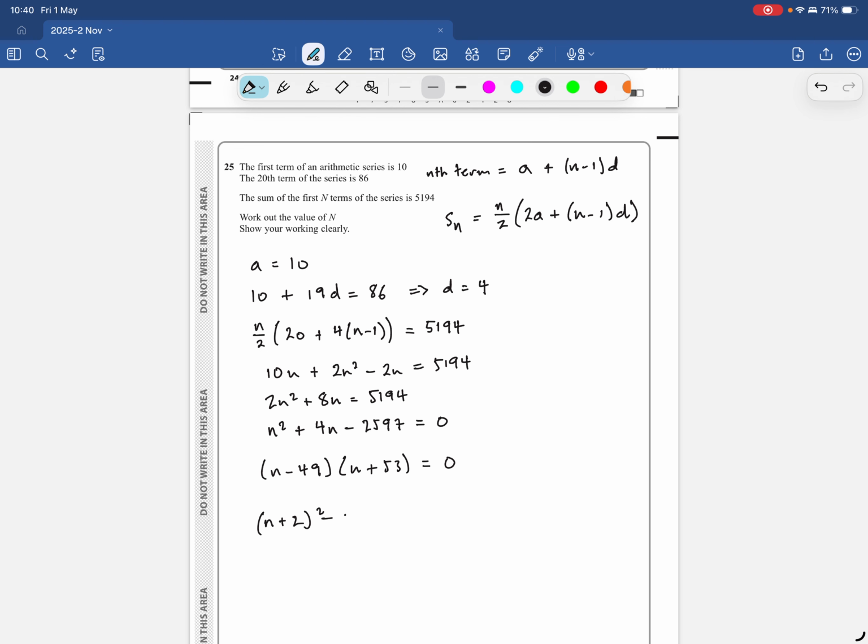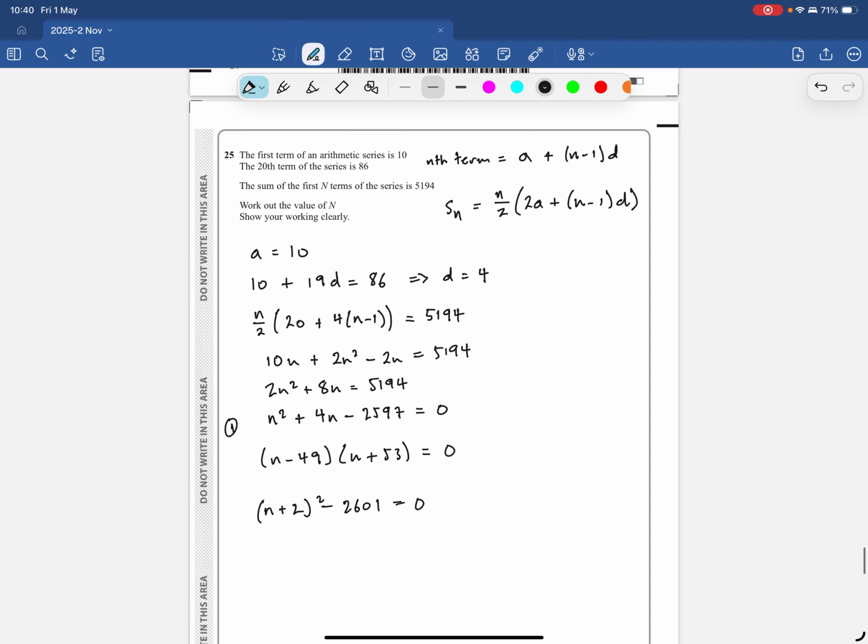No, 2601. 2601 equals 0. Either one of these, 1, 2 or 3, gets you the mark for method, but in fact